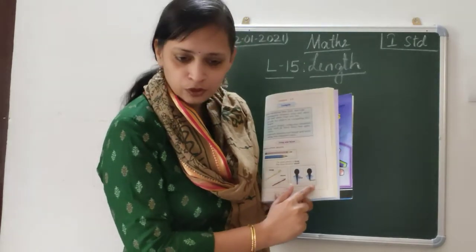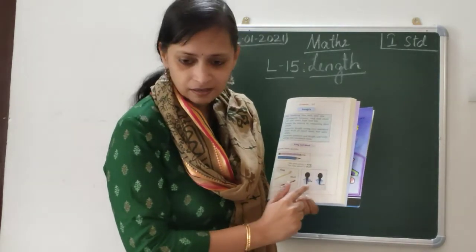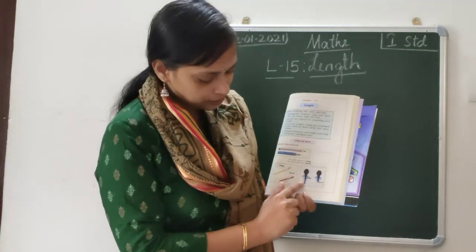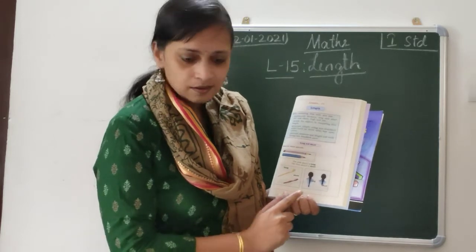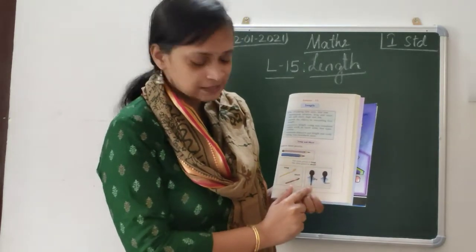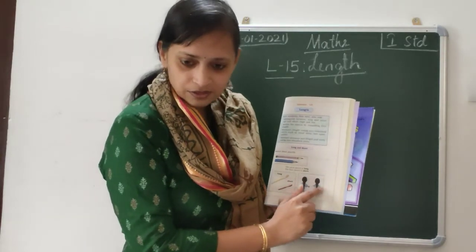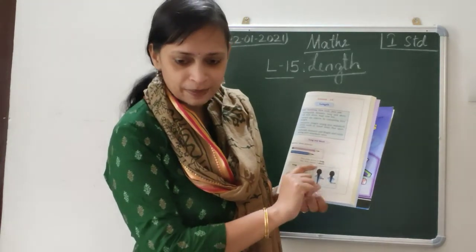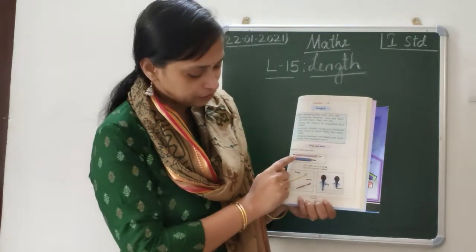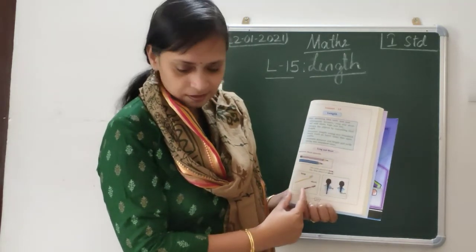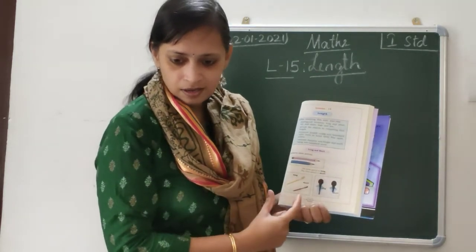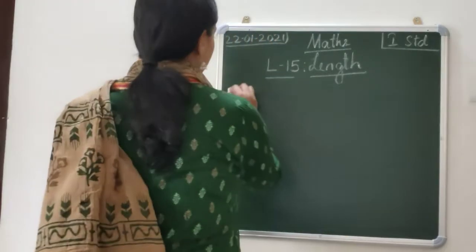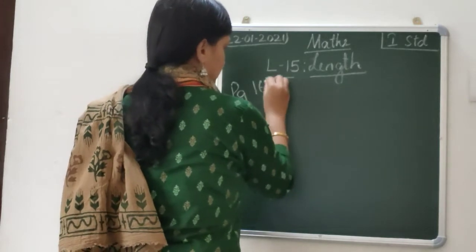And then here you have two girls who are showing how long their hair is. Right? Okay. So which girl's hair is long? The first girl or the second girl? Very good. The first girl's hair is longer than the second girl. Which means you are comparing the length of hair over here. Here you are comparing the length of the pencil. Here you are comparing the length of the toothbrush, which is long. Page number 169.